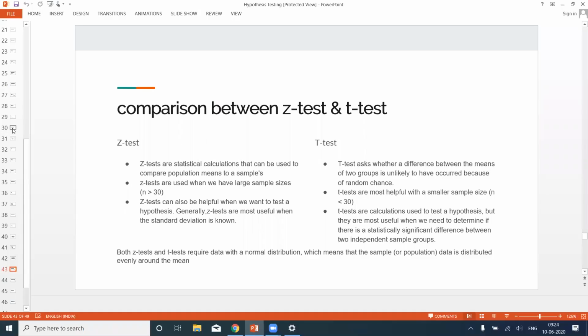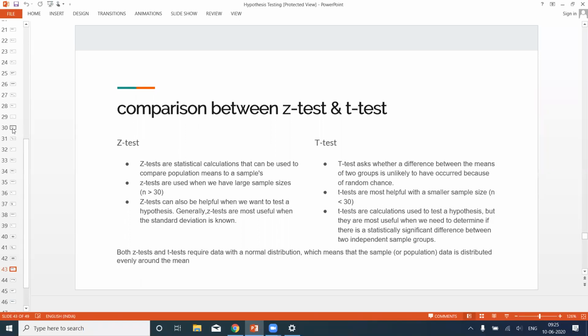So based on that, the distribution you are choosing in performing this inferential test or estimation, we have something called Z test and T test. The differences are here. There are certain guidelines given for when to use Z test or Z distribution table, or when to follow T test or T distribution table. The guidelines are quite simple. Whenever your sample size is greater than 30, you can go ahead with the Z test. When you have a sample size lesser than 30, better to stick to T test.